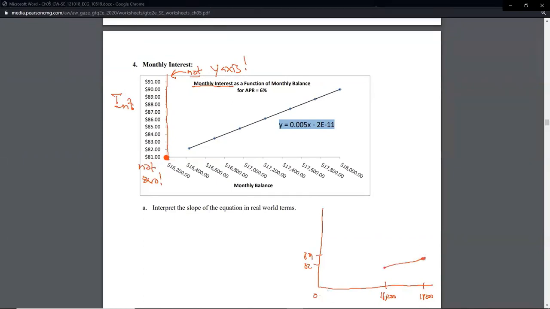Here is a much better depiction of the line, and I probably don't even have the x-axis long enough here. In fact, that's what I'm going to do. I'm going to erase that. I just want to make that look a little more accurate, because that's 2,000 right there. So yeah, we need to be all the way over here. That's much more accurate, much more accurate.